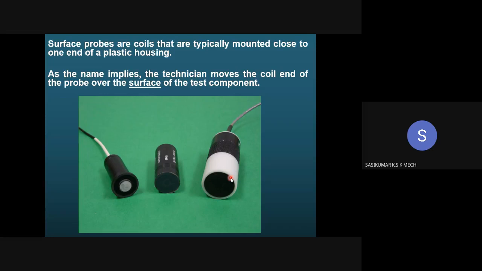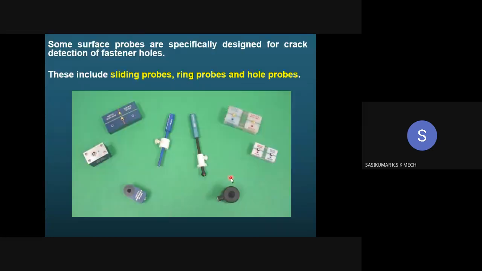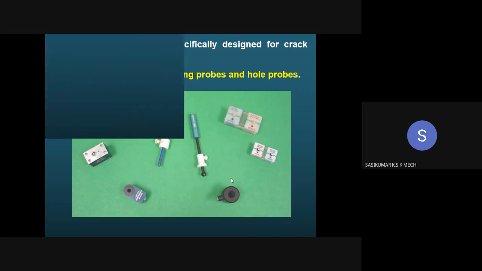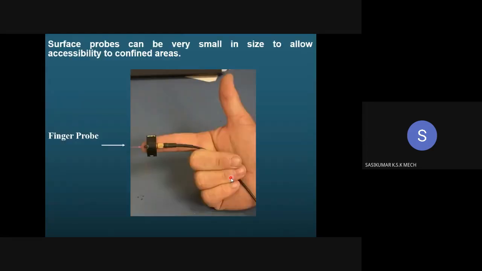Some probes are specifically designed for crack detection in fastener holes. In fastener holes you may also have cracks. These include sliding probes, ring probes, and hole probes, which are used for crack detection in a fastener hole. Surface probes can also be very small to allow accessibility to confined areas.